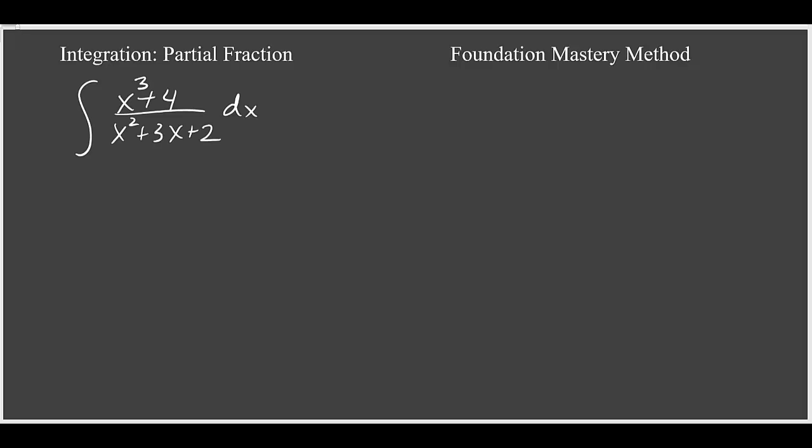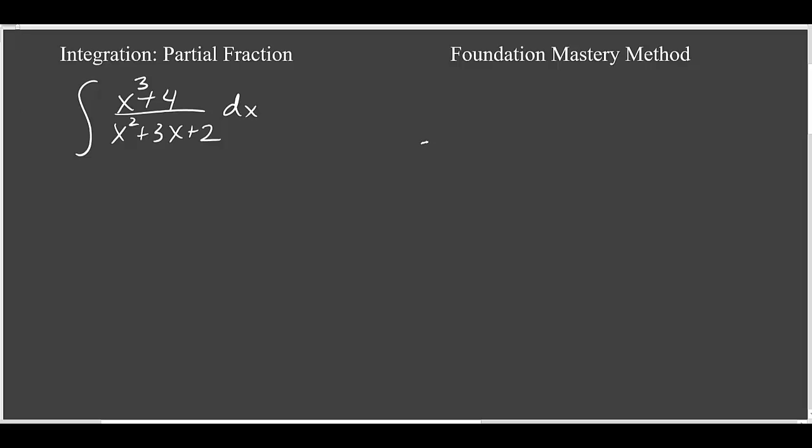Now let's look at this example. We're integrating a rational function, x cubed plus 4 over x squared plus 3x plus 2, but the degree of the denominator is not larger than the degree of the numerator. So what do we do? Well, then we're going to use long division to rewrite this rational function so that we can